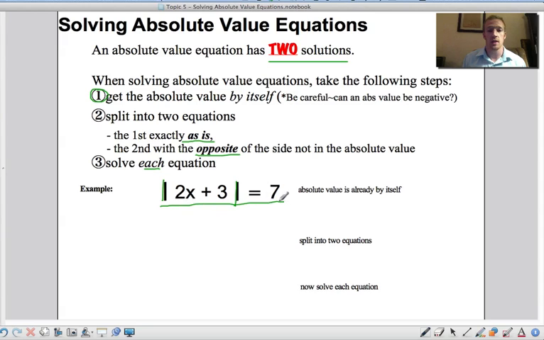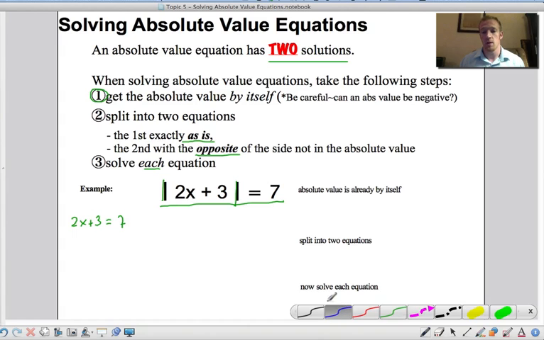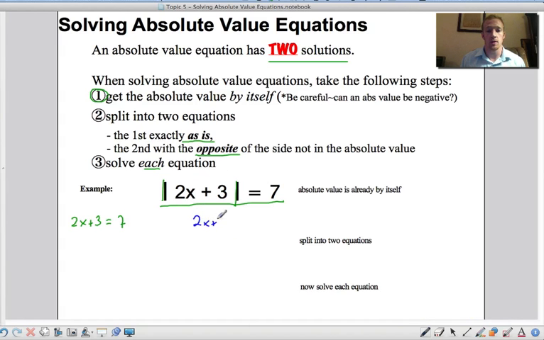1 stays exactly as is. 2x plus 3 equals 7. And I lose the absolute values. Now, whatever is inside here, the 2x plus 3, if this were to equal a negative 7,